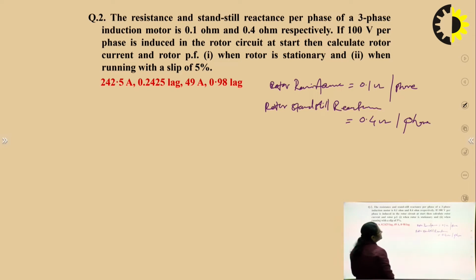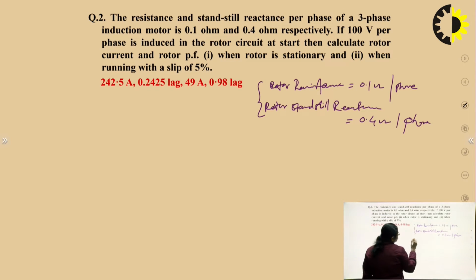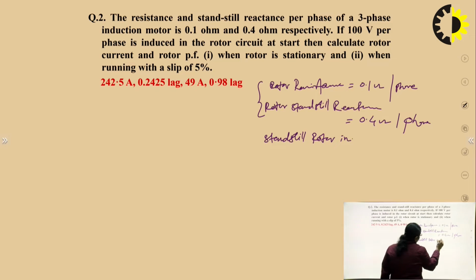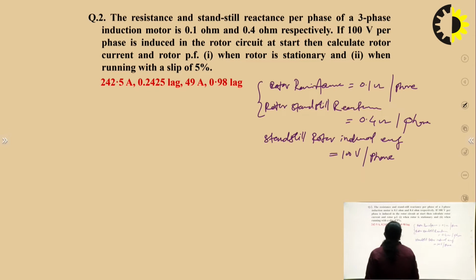Now, beyond this, 100 volt per phase is induced in the rotor circuit at the time of starting, right? So, at the time of starting means the standstill induced EMF in rotor circuit is given to us. Besides these two, what else is given to us is standstill rotor induced EMF, and it is given as 100 volt, and this is the per phase value of the induced voltage,